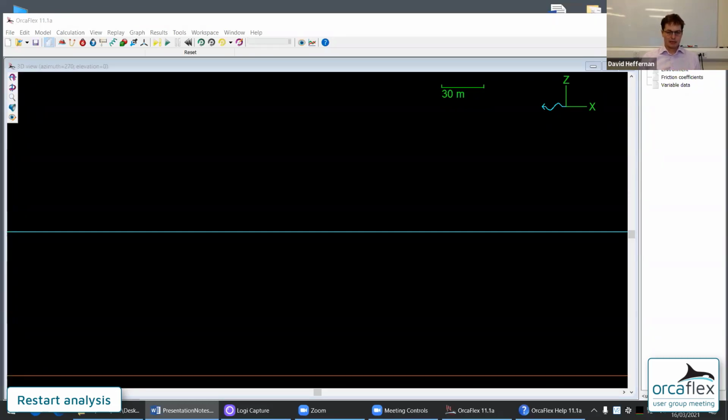And with a time domain dynamic analysis, there is a build-up period where the dynamic loading is ramped up, and then the main body of the time domain analysis. Now, a restart analysis differs from that. Its initial conditions are determined by a prior analysis. The prior analysis can be either static or dynamic, and the restart analysis itself can be either a static or dynamic analysis, or potentially both, in both cases.